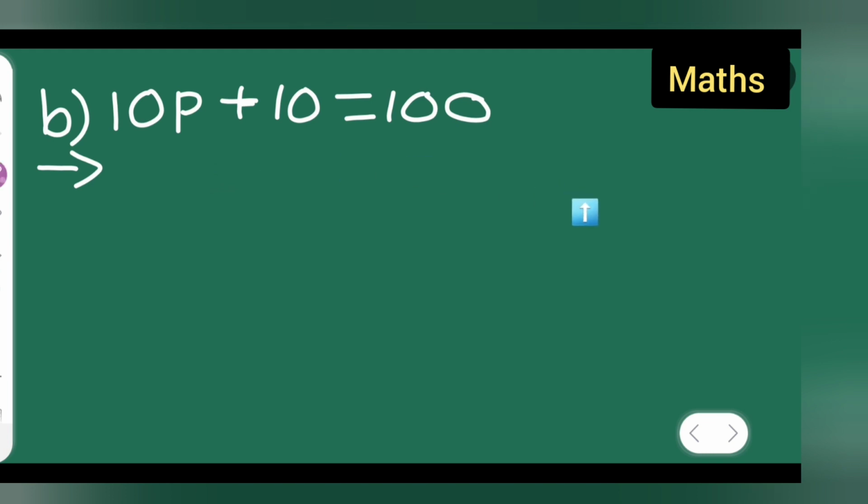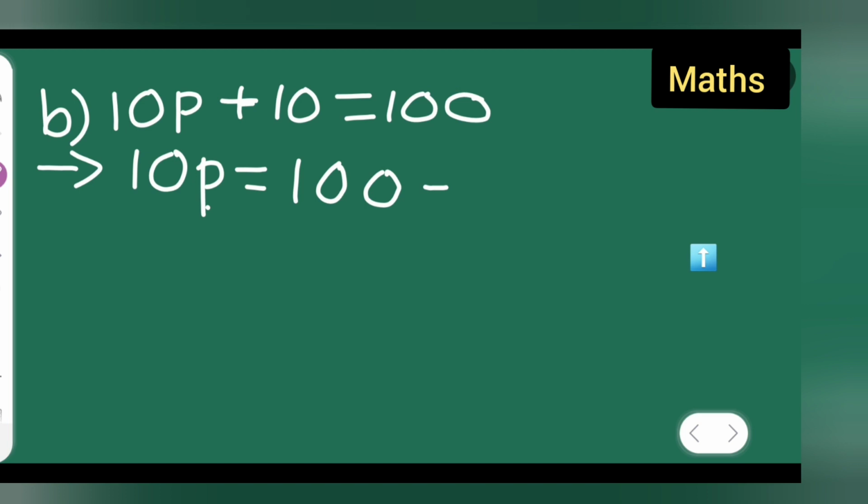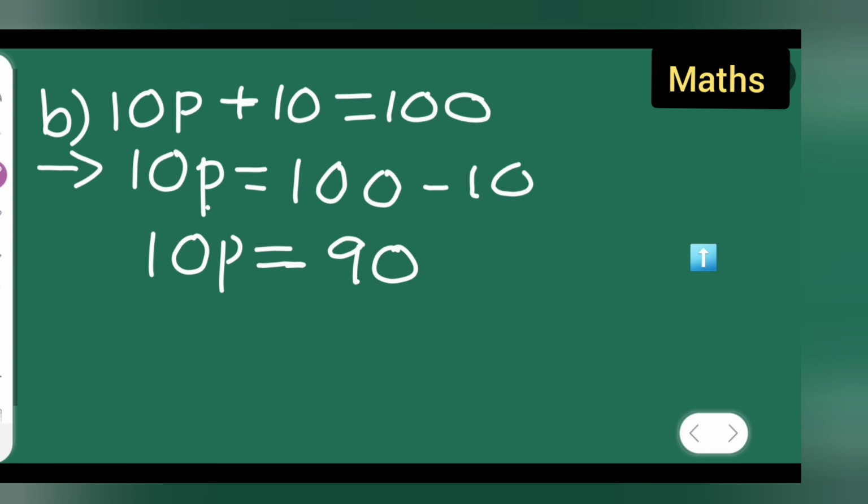So what are you going to do with this? Write down 10P is equal to, let me explain you all first. When this positive term, if I take it other side, it will become negative 10. Right? Minus 10. So what you are going to get is 100 minus 10. So you will get 10p is equal to 90. Okay. Now your next step will be p is equal to